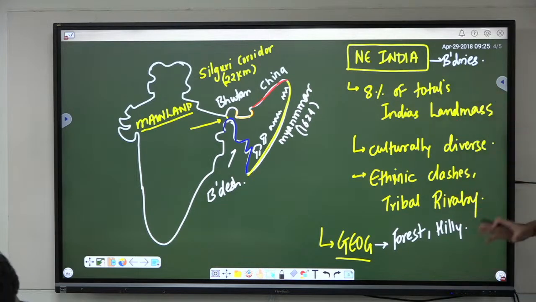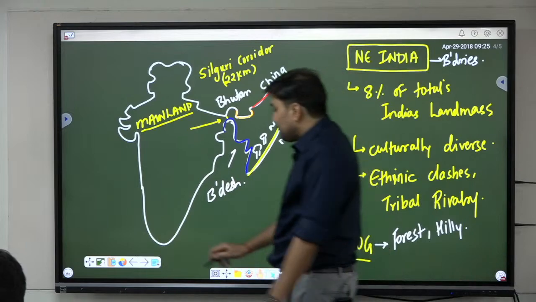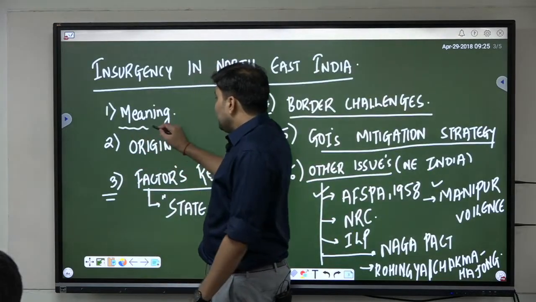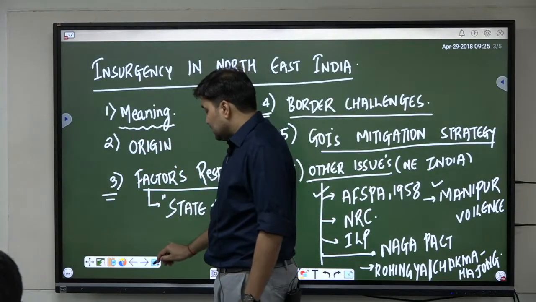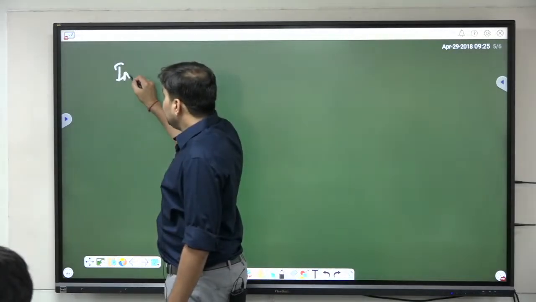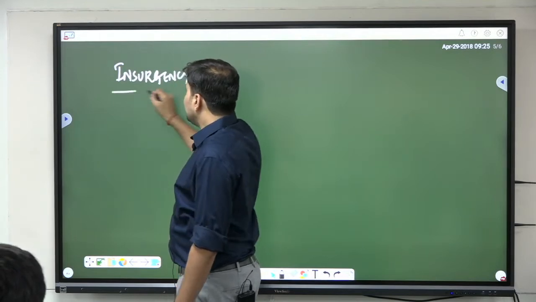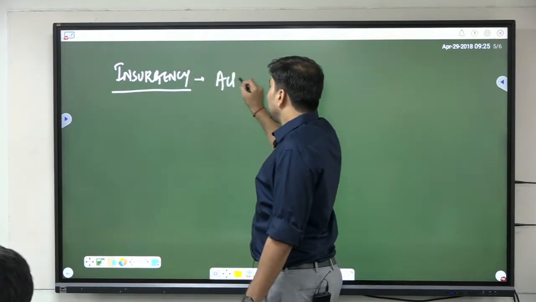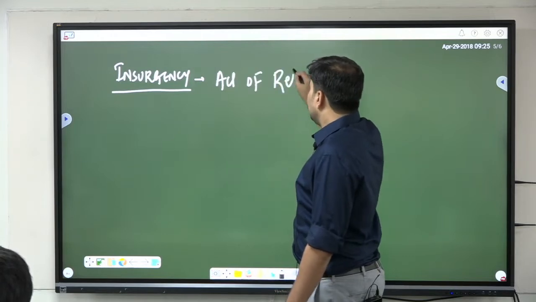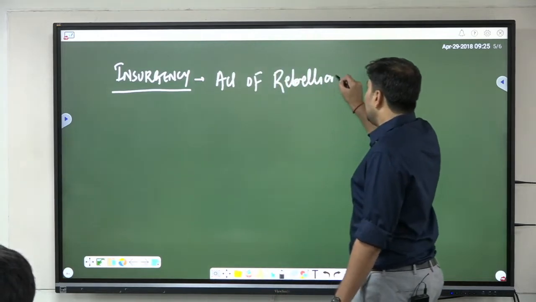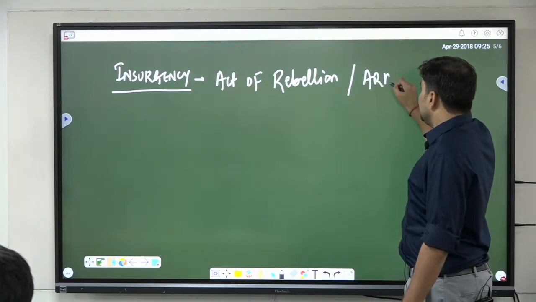By taking cognizance of all these things, now let us try to understand what is the meaning of insurgency and how it originated and why it is still present in India. Is it clear? I hope you got the idea. Now let us come to the point. First, let us try to understand what is the meaning of insurgency, right? Insurgency essentially means it is an act of rebellion or armed insurgency